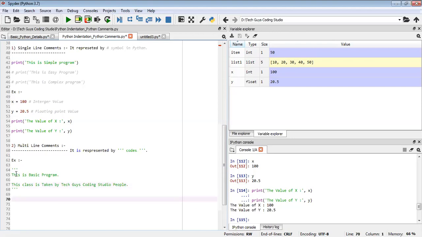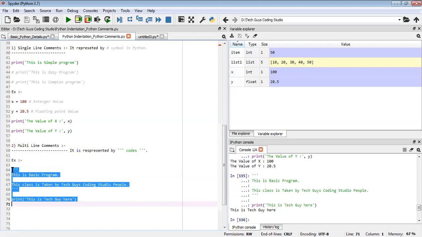Yeah. So now I've written one line, and now here I'll write one more print statement. This is Tech Guy. Yeah. So now see, if I execute those lines, what happens there? See in the comment line what's there. See, this line is not executing at all. So this is Tech Guy, for example, in the sense we have written some code here, but currently you are not able to see what we have done here. This is the Tech Guy example you are just seeing in the code. So for this also I'll take some more examples.